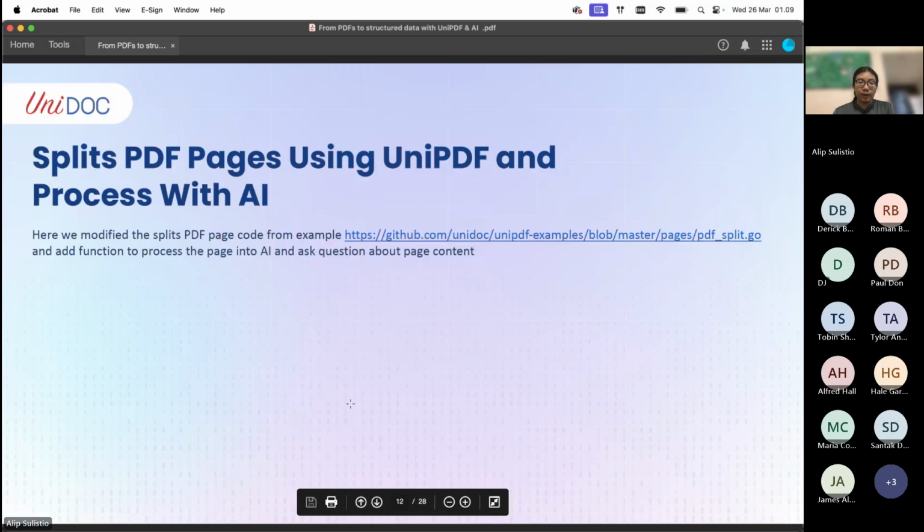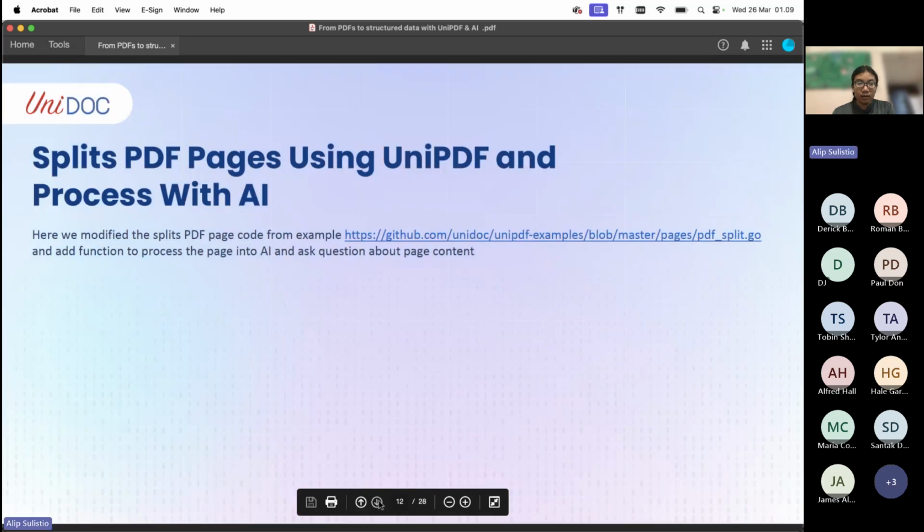Basically, all this code is a modified example from our UniPDF example PDF split, and we added a function to process the page with AI and then ask a question about it.